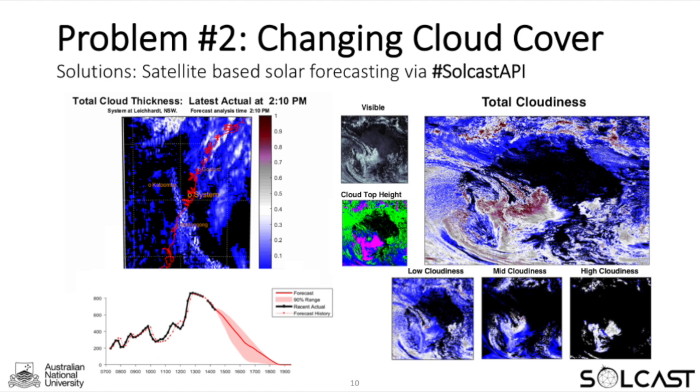So here in Australia, we are actually covered by a new satellite called Himawari 8. It was put up by the Japanese Meteorological Agency about 18 months ago, and we've been working with this data since it went live. And on the left here, you see an example of a forecast that will animate, just showing some of what we can do with this. This satellite images clouds at 1 kilometer resolution every 10 minutes. This is a complete new generation of satellites that has not previously been available before and is enabling us to simulate PV system power output and forecast that power output down to the single individual household level,